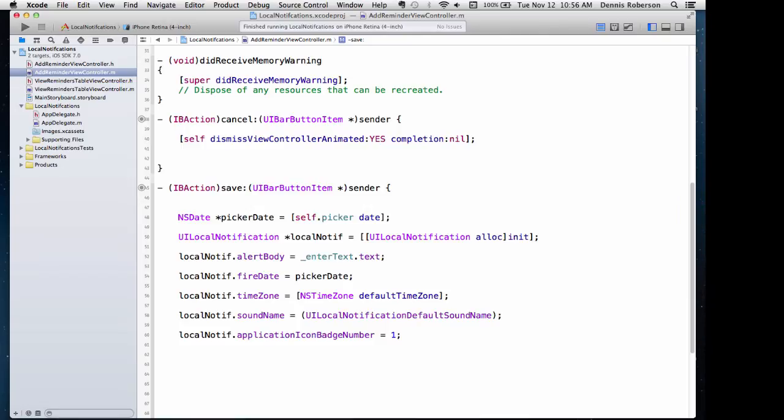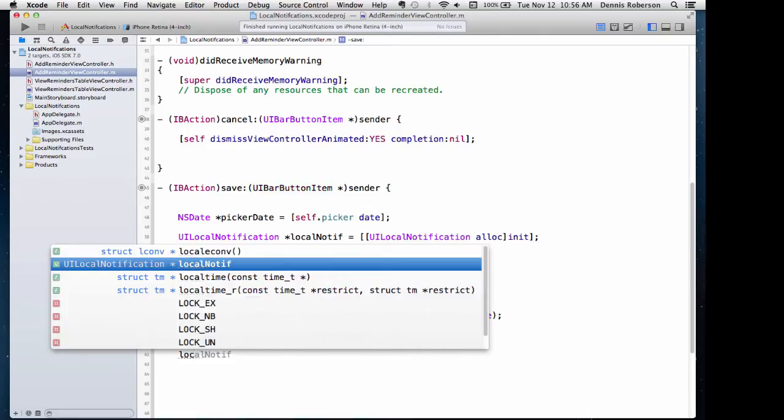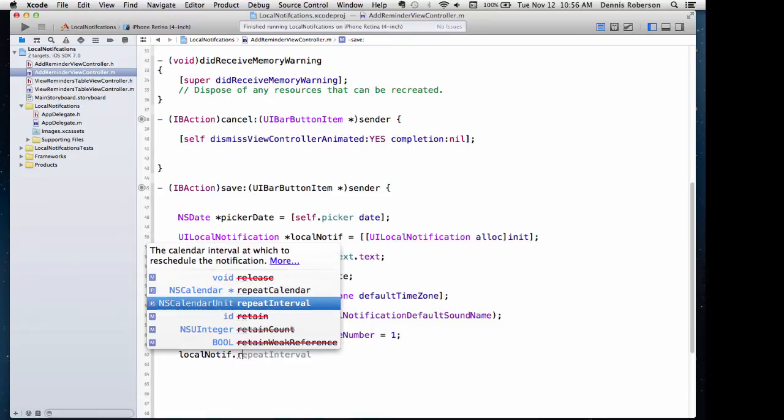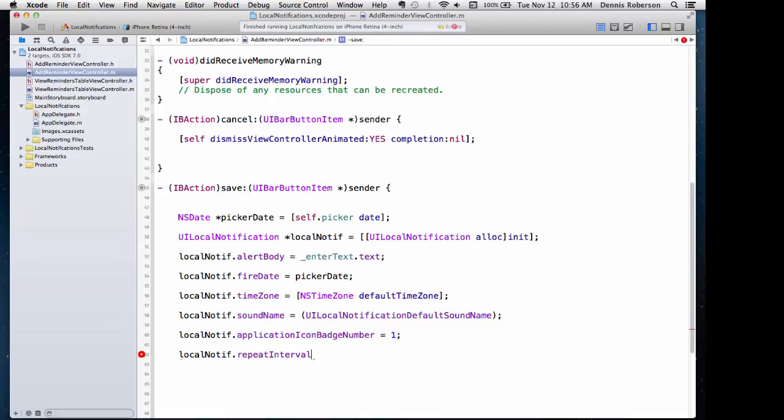Okay, so the last thing we can do is a repeat interval. So once again, we'll start off with a local notification dot repeat interval. So what's this all about? Let's say I want to create a notification to remind me to take medication at 1 o'clock in the afternoon, and I want that to be a daily reminder, for example. I can set the repeat notification up to daily, or let's say if I want it every minute or every month or something. So what we do here is we use an NS calendar unit here,